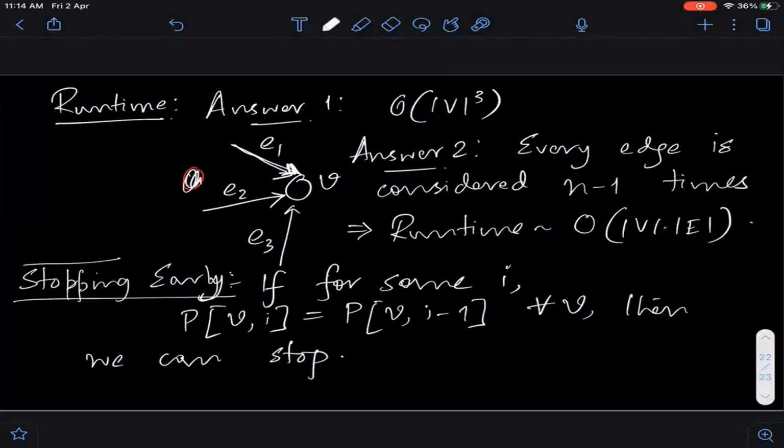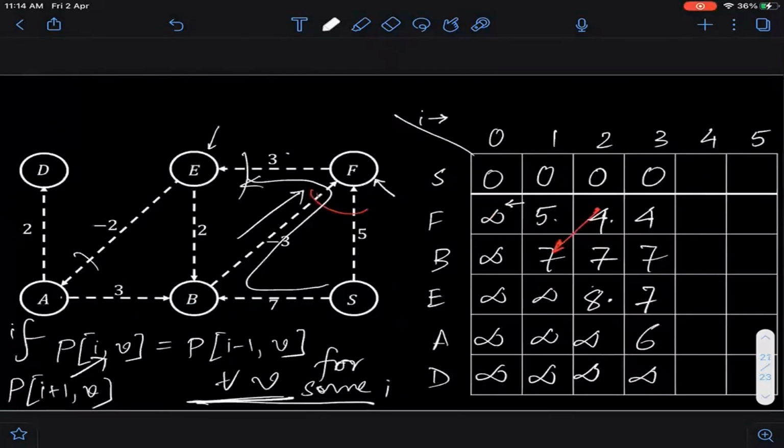Okay. So that's the runtime optimization. I mean, not really in the worst case, but this is like a practical thing. Okay, now let's talk about space. So clearly this algorithm, the way we have described it so far, it requires n square amount of space. Why? Because I am filling up a table of n square. The question is, do I really need that?